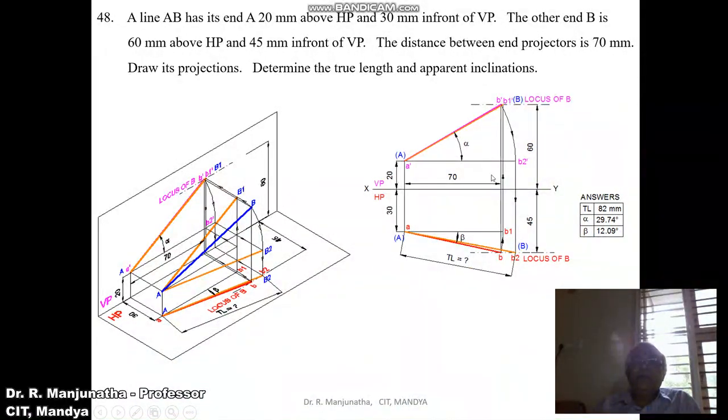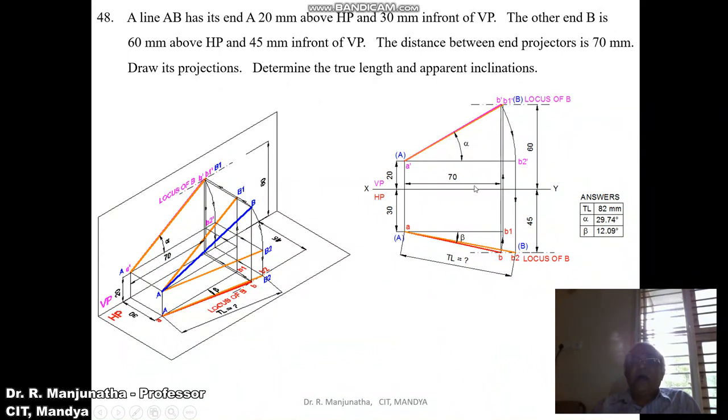So which is the top view? B2. You project this front view point B2 dash onto the locus of B in the top view where it cuts. Since this is B2 dash, this point will be B2. Since this line A dash B2 dash is parallel to XY, you are getting the true length. You mark these points as capital A and capital B. Then join A, B2 with a little bit thinner line than the top view line.